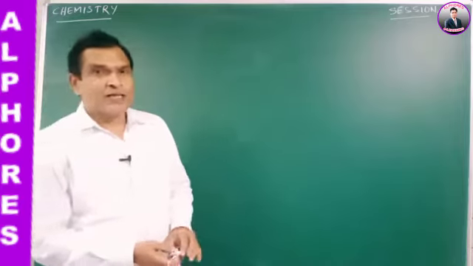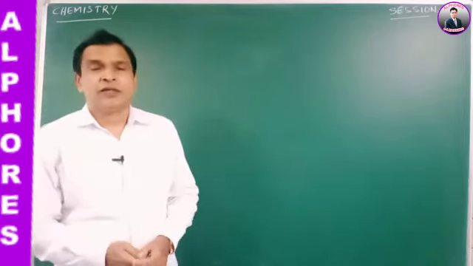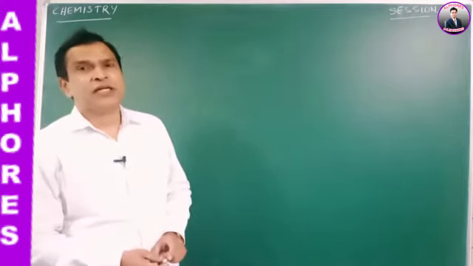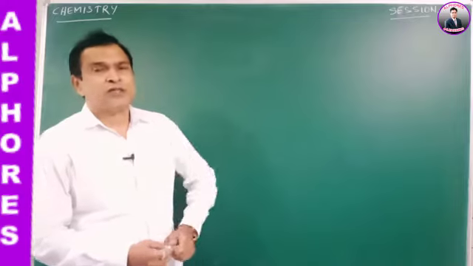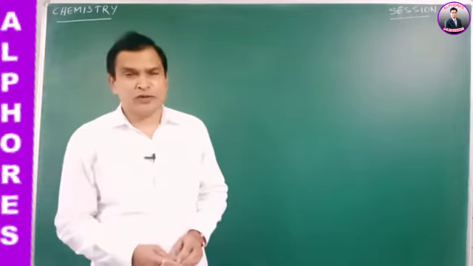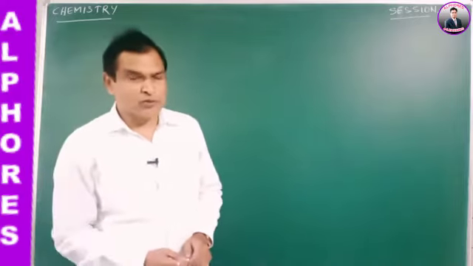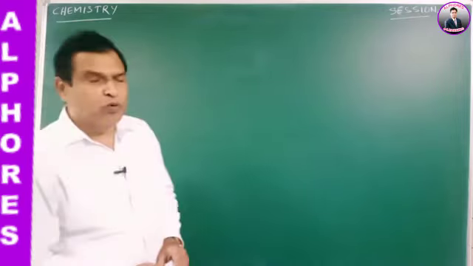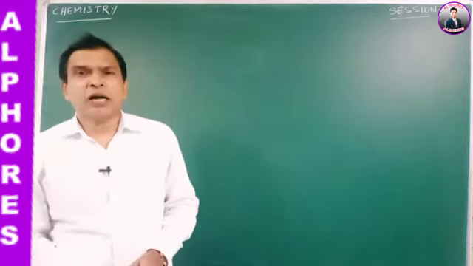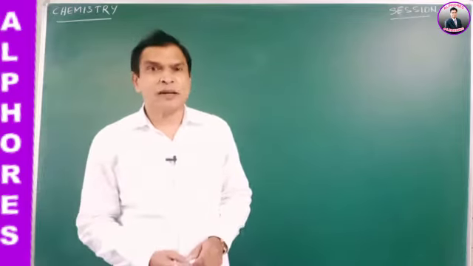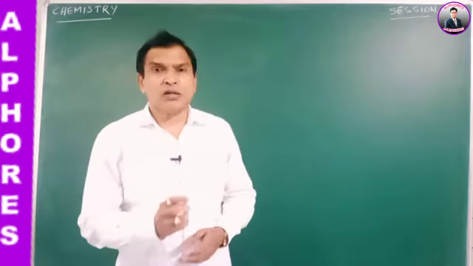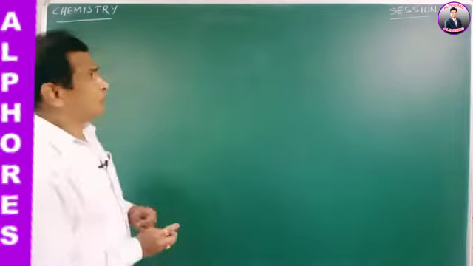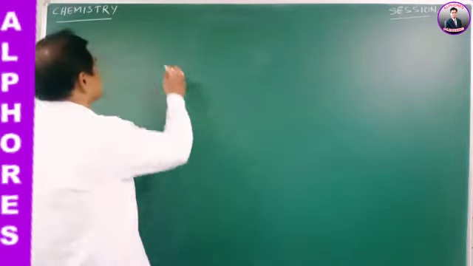Okay, in the last session, that is in session 14th, we had some discussion about Bohr's theory, and we have done numericals. Today also, let us see some important concepts of the hydrogen spectrum and Bohr's theory. According to Bohr's theory, Bohr's atomic model can explain the atomic spectrum of one electron containing species only. So, for example, if the question is like,